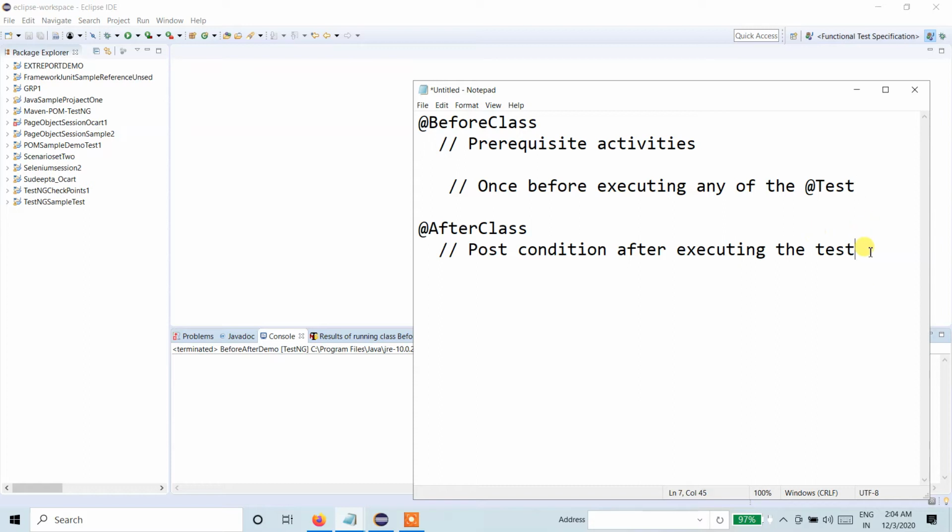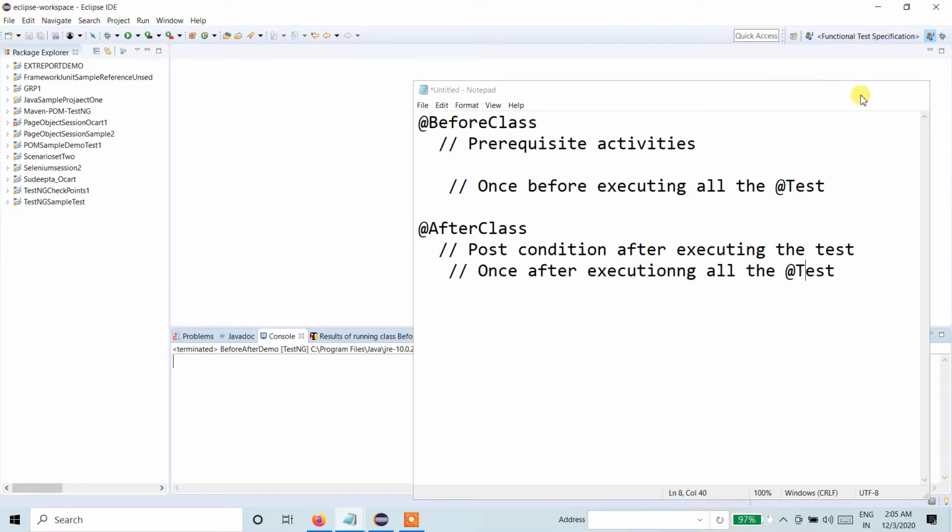And AfterClass also will execute once, after executing all the test annotations. So this is what BeforeClass and AfterClass mean.